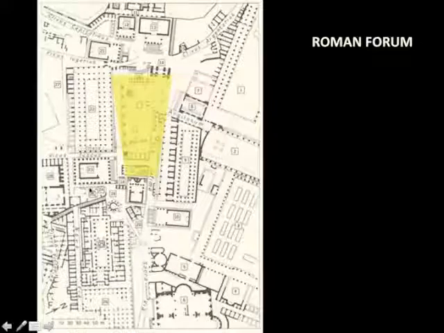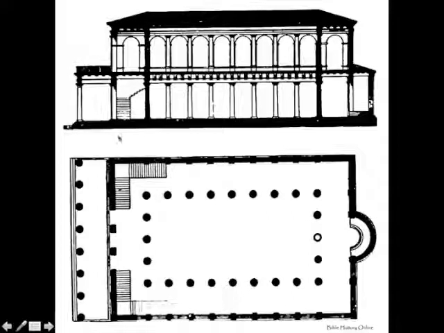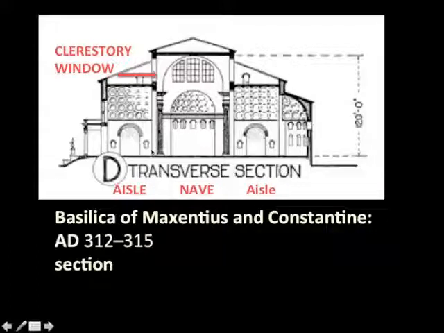And the way in which the temple operated did not involve a congregation. You didn't have a group of people assemble inside a temple. Rather, the priests would perform the rituals there, and the observers of the rituals would be outside. But here, in the case of the Roman basilica, this is a public meeting hall, and its purpose is for the assemblage of large crowds. So this is essentially the type of the basilica. And notice that it has aisles along the side, and the large space in the middle is called the nave.